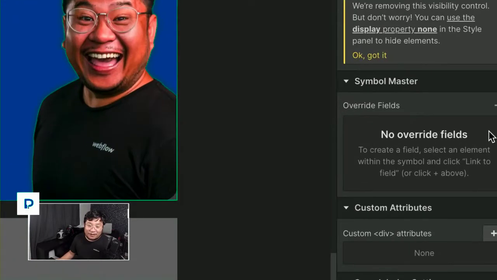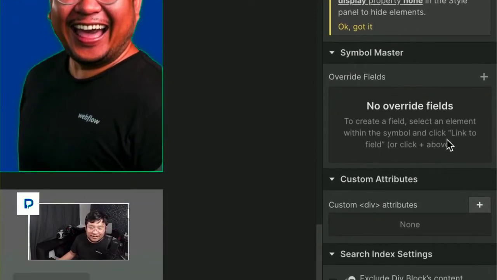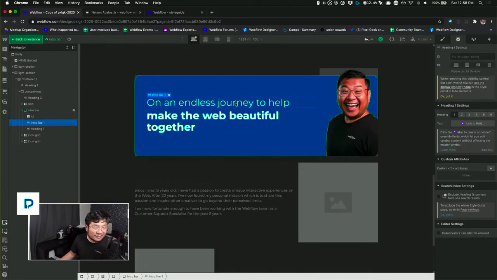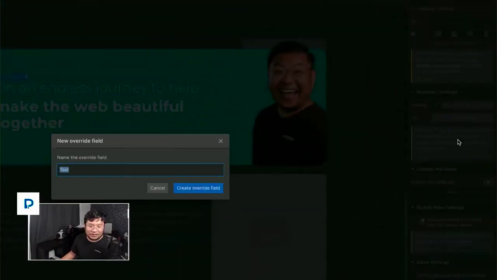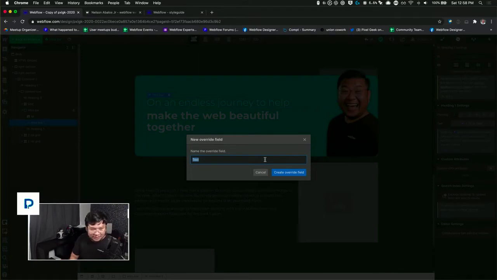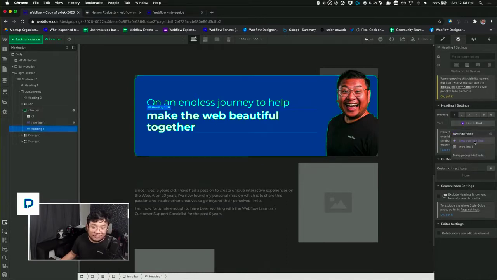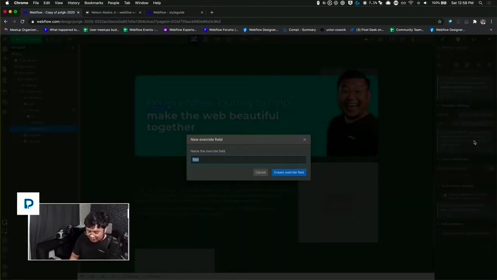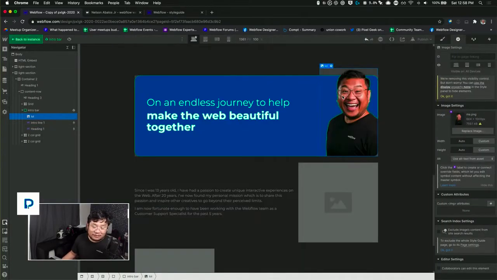So, override fields. To create a field, select an element within the symbol and click link to field. All right, so I'm going to click on this and I'm going to say link to field, new override field. And I'm going to name this intro line 1. Then I'm going to click this, link to field, new override field, and call it intro line 2. Click my funny face